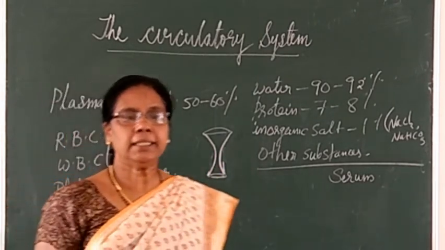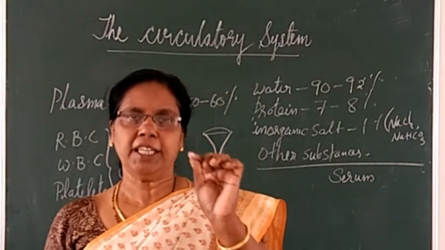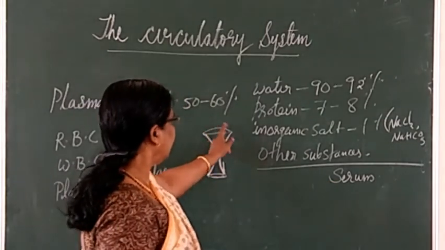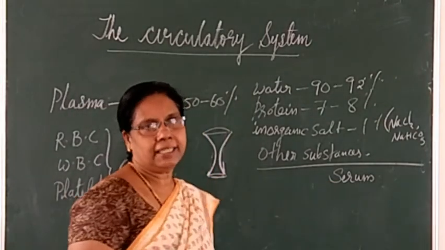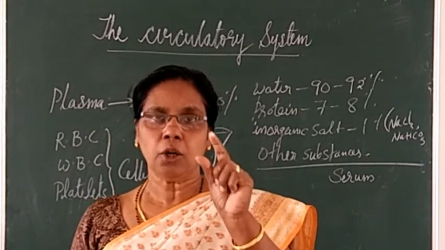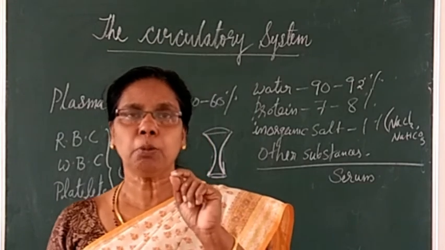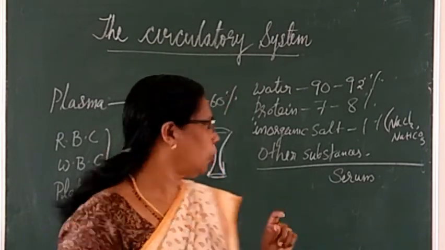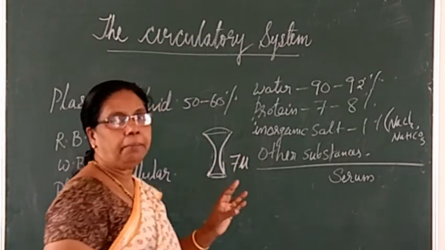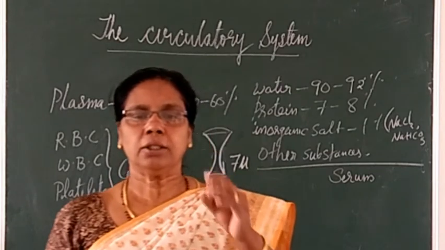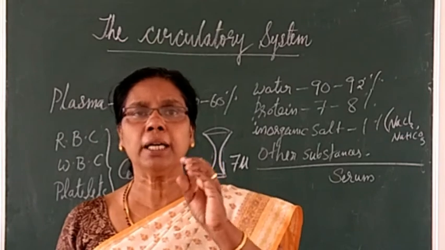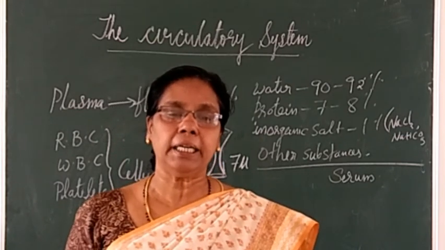Okay. So it is minute, meaning very small, biconcave, disc-like, and the periphery region is rounded. Already I told you it is minute. These are very small, nearly 7 microns. So what is the size? 7 microns, and since the size is very small, it can easily move through the blood vessels and even through the capillaries.